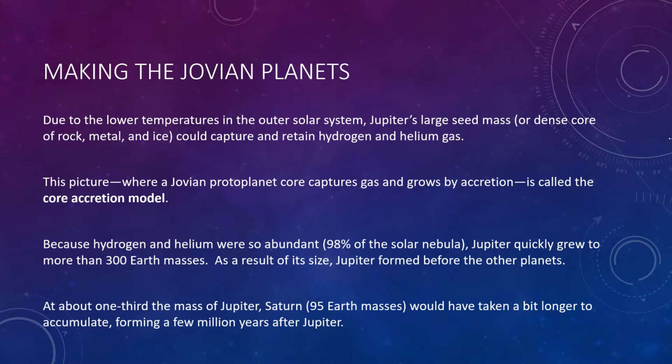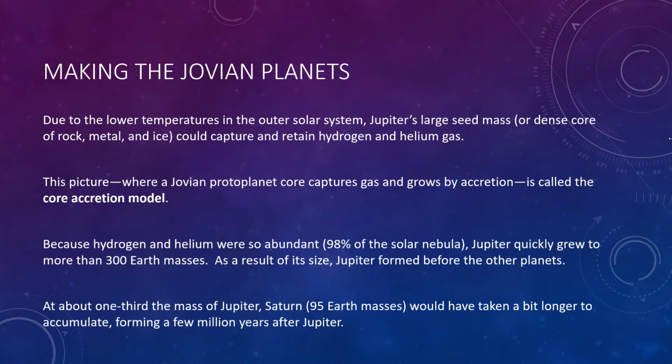However, the growth of icy planetesimals cannot be the whole story of Jovian planet formation, because we know that the Jovian planets contain large amounts of hydrogen and helium gas. The leading model, which is called the core accretion model, for Jovian planet formation holds that these planets formed as gravity drew gas around ice-rich planetesimals, much more massive than Earth. Because of their large masses, these planetesimals had gravity strong enough to capture some of the hydrogen and helium gas that made up the vast majority of the